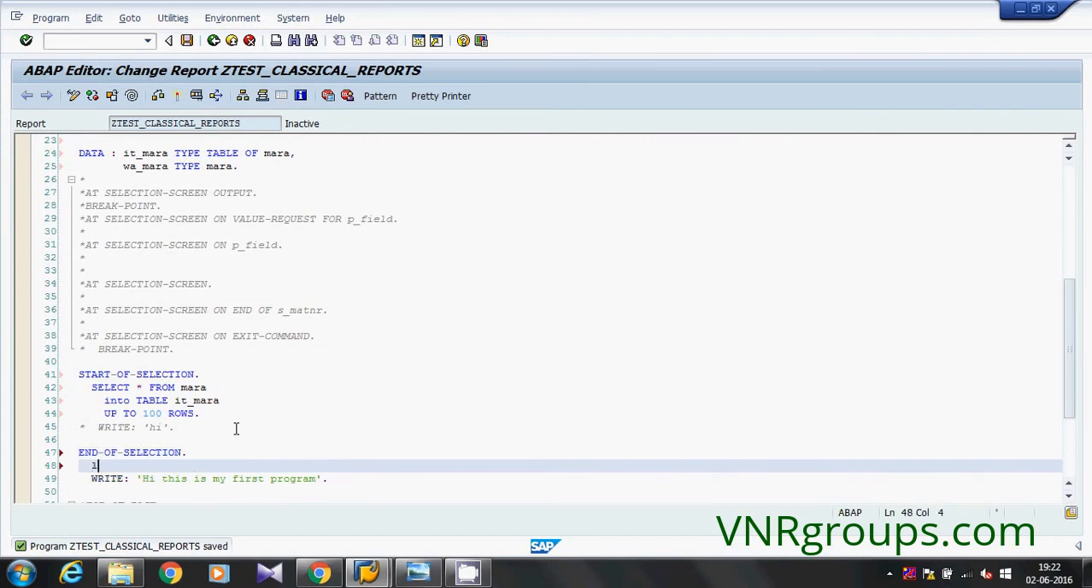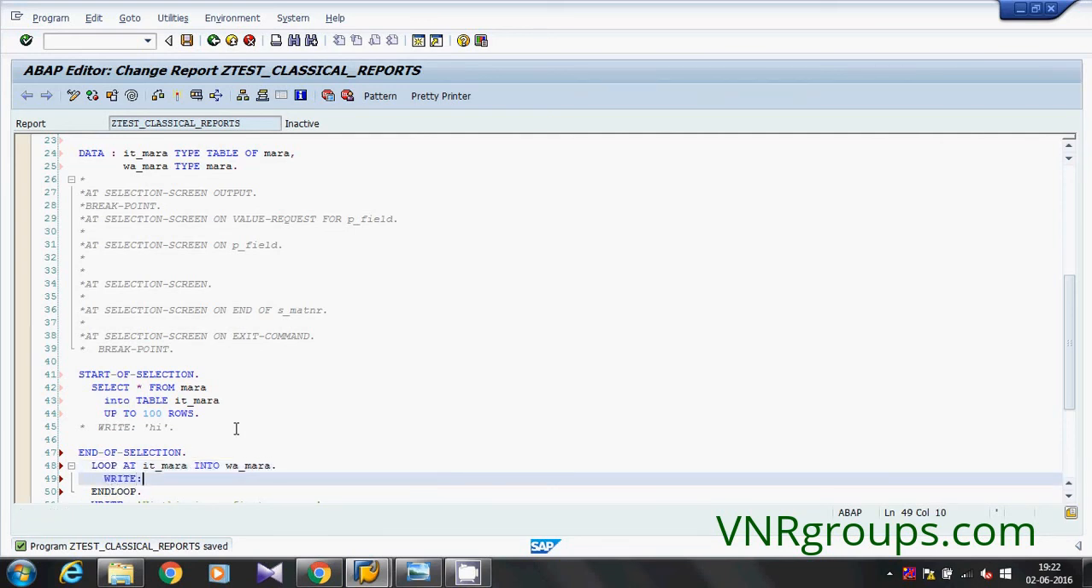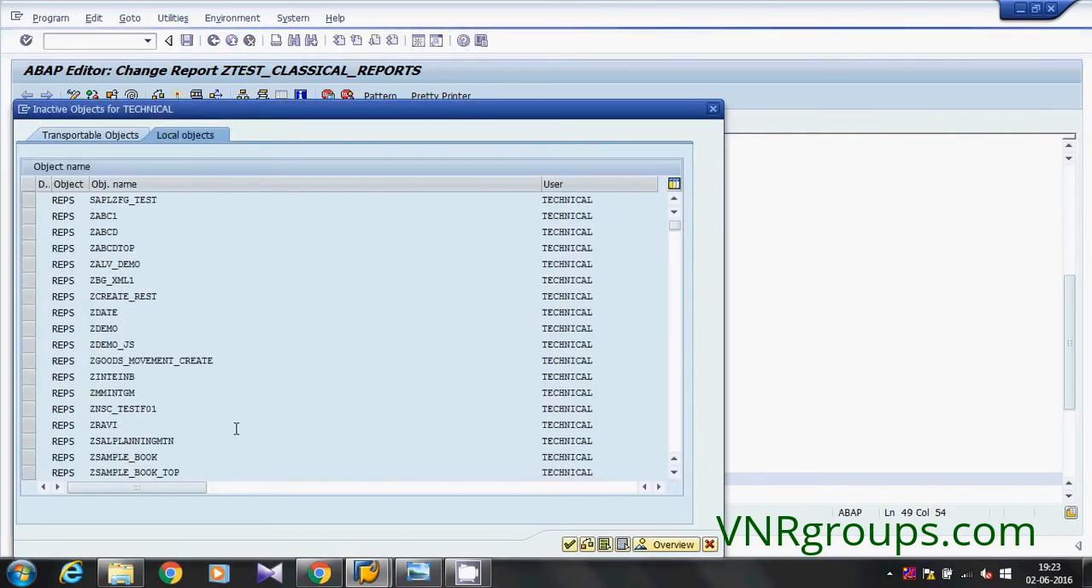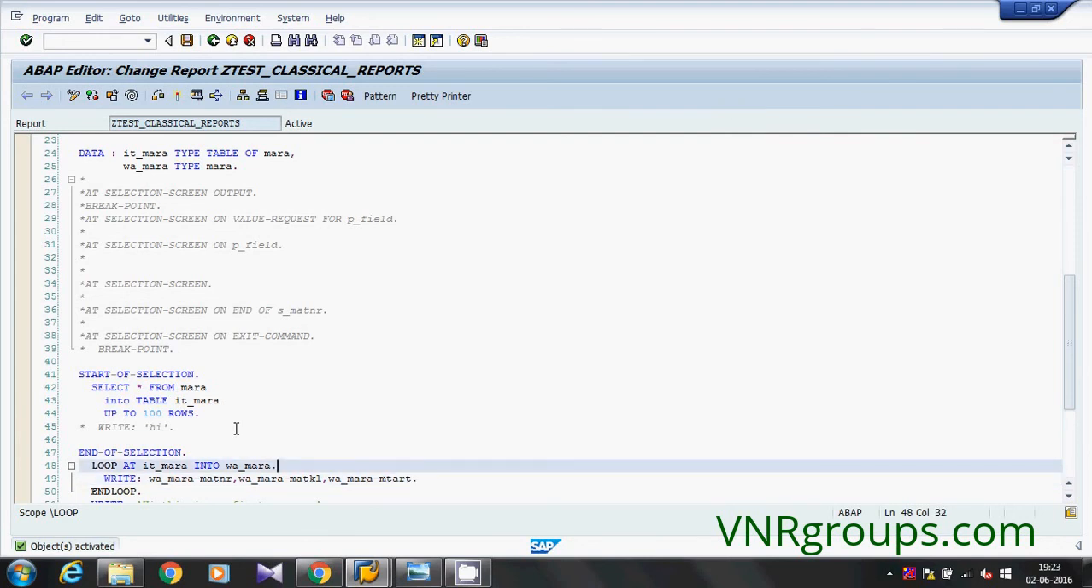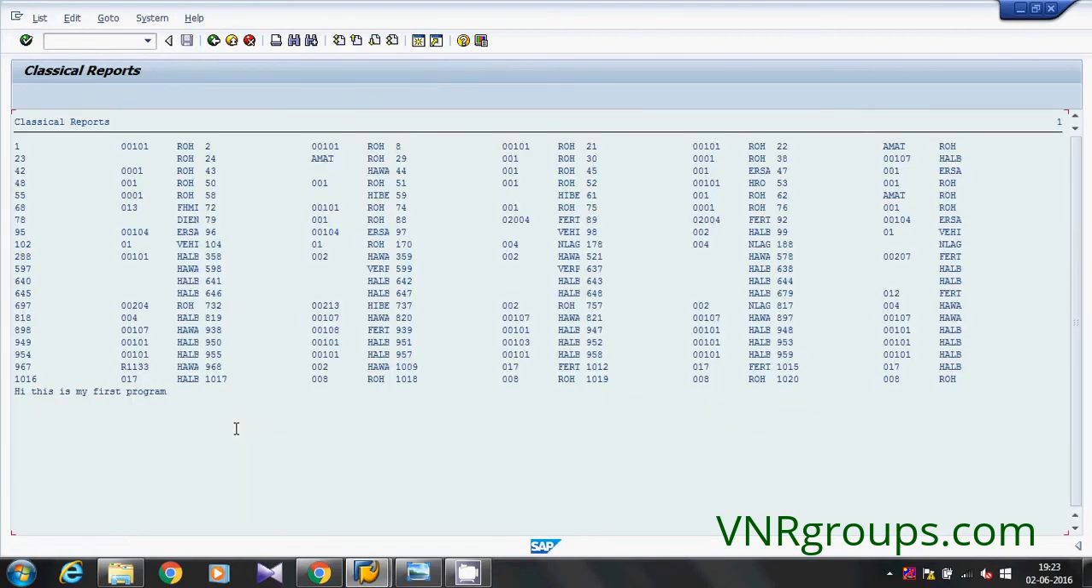And in END-OF-SELECTION I am displaying it: LOOP AT IT_MARA INTO WA_MARA, then WRITE WA_MARA-MATNR, WA_MARA-MTART material type, WA_MARA-MATKL material group. So I'm just simply displaying these three. Here I'm simply looping this internal table and passing the values one by one into the work area, and displaying it. If we execute it,